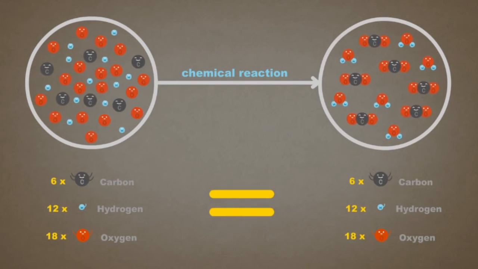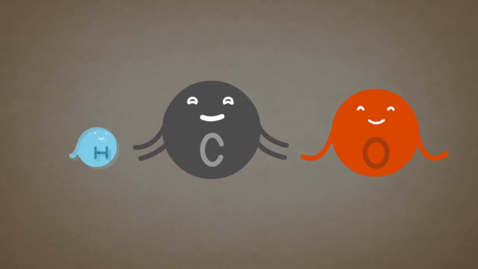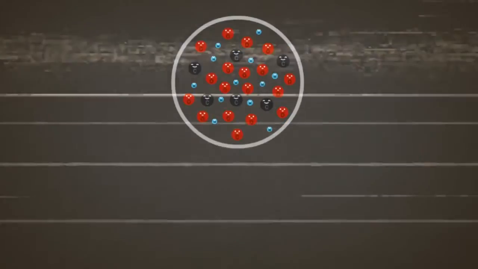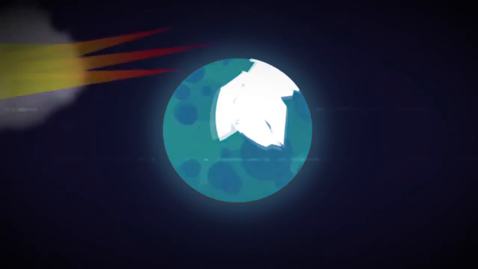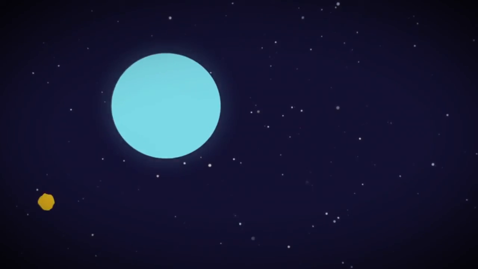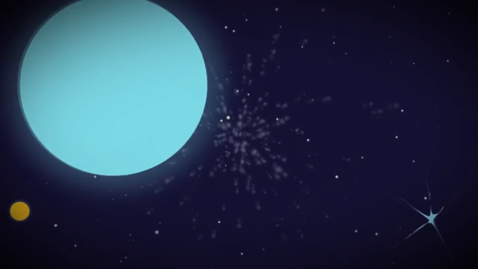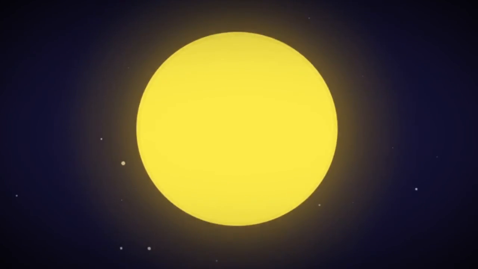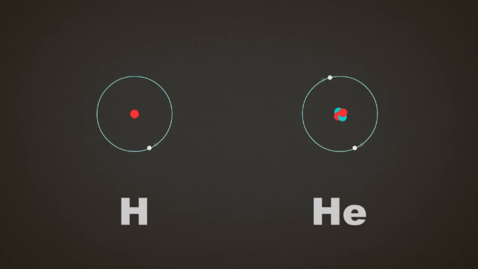So if mass can't be created or destroyed, where did these atoms come from in the first place? Let's turn back the clock and see. Further, further, further, too far. Okay, there it is. The Big Bang. Our hydrogen formed from a high-energy soup of particles in the 3 minutes that followed the birth of our universe. Eventually, clusters of atoms accumulated and formed stars. Within these stars, nuclear reactions fused light elements, such as hydrogen and helium, to form heavier elements, such as carbon